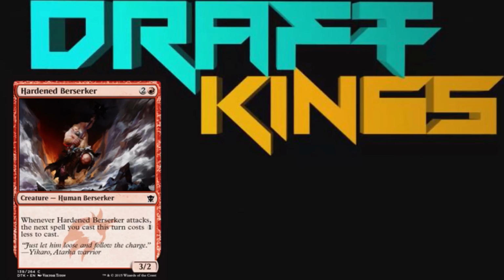Yeah, this guy, I think he's okay. He's nowhere near a first pick card, I don't think. It is nice that whenever you attack, you get the ability to cast something for 1 mana less, but 3/2 is not really big in limited. It's going to get killed really easily because there are things like Roast in the format, and